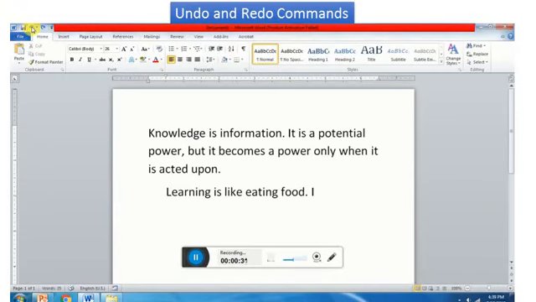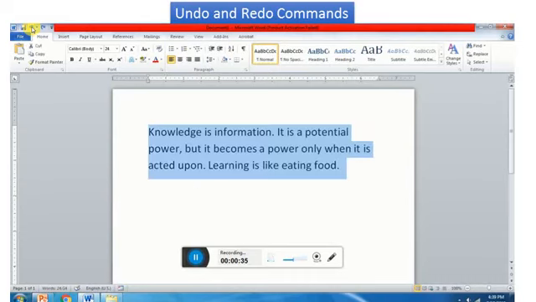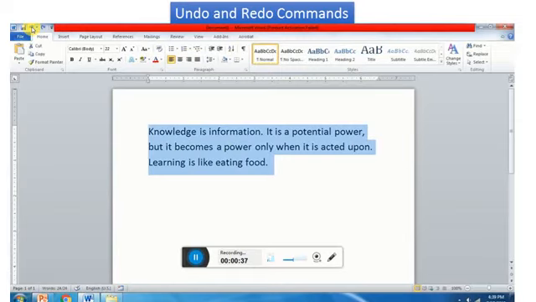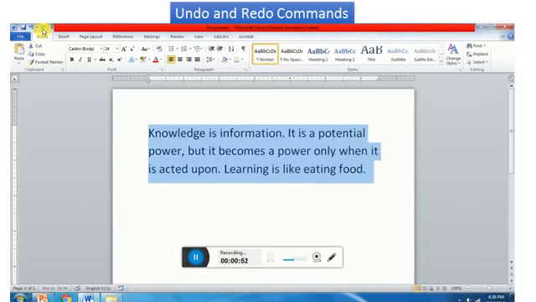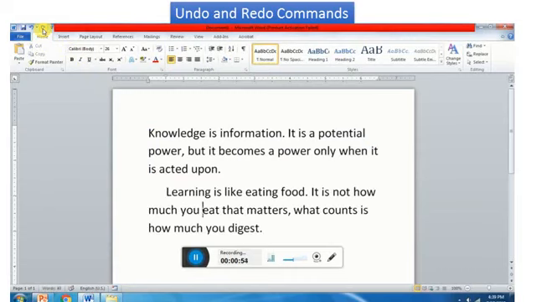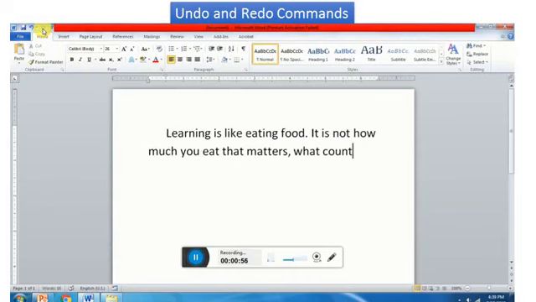See, this is my last action which I performed. You can continuously click on this undo, and the shortcut key for undo is Ctrl+Z. Next is redo command. To reverse the action of undo command, click on the redo button present on the quick access toolbar. This will redo the action of undo command.